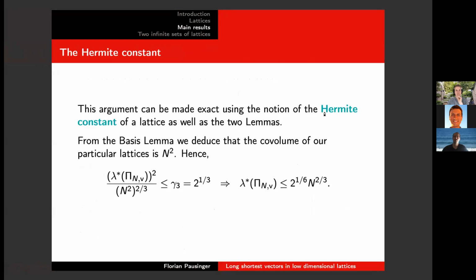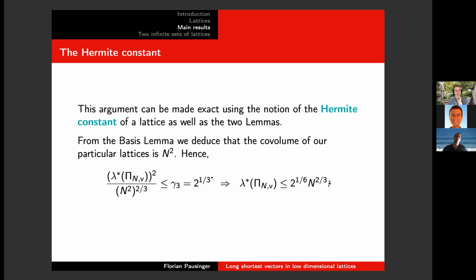And this actually makes a lot of sense because we can go back to the Hermite constant. Remember that the Hermite constant gave you precisely an upper bound of shortest vectors in lattices, and in the 3-dimensional case, this constant gamma 3 is 2^(1/3). So if we work out all the quantities that we have, then we get that an upper bound on our L star has to be indeed 2^(1/6)